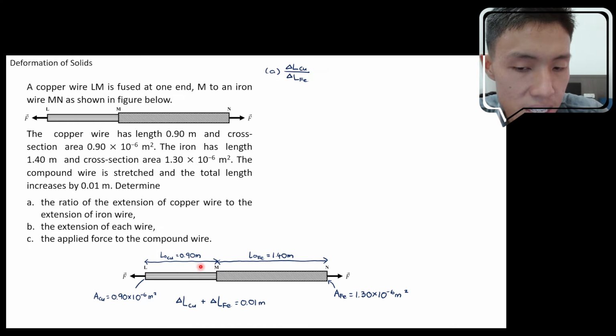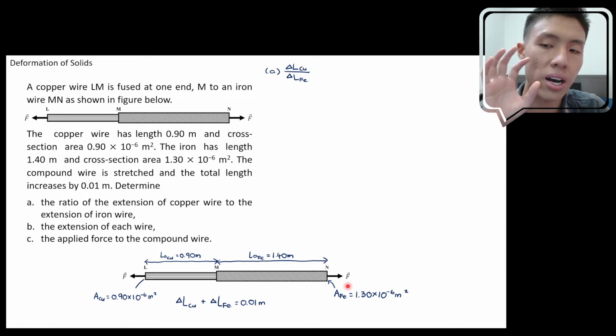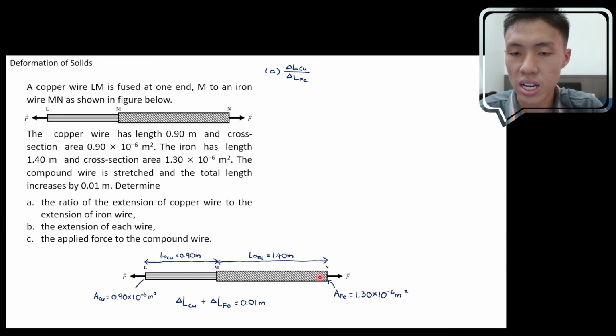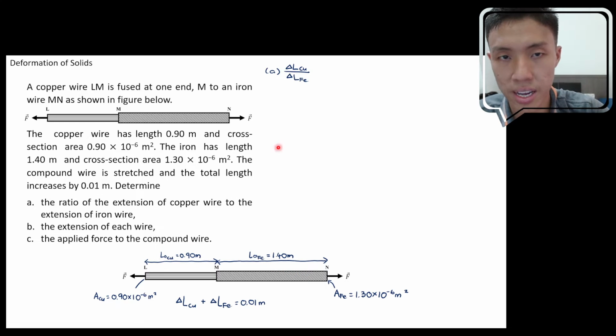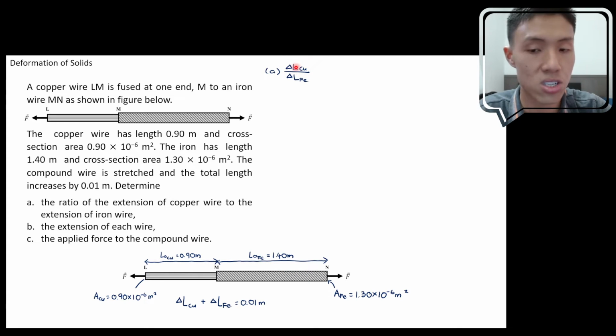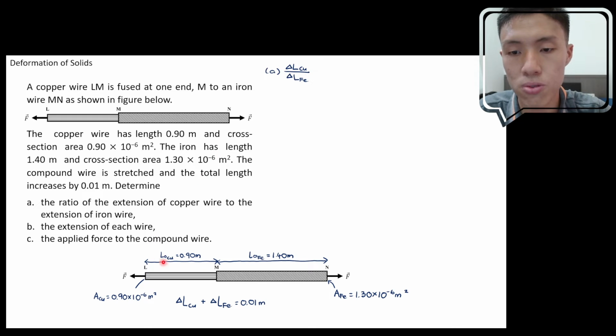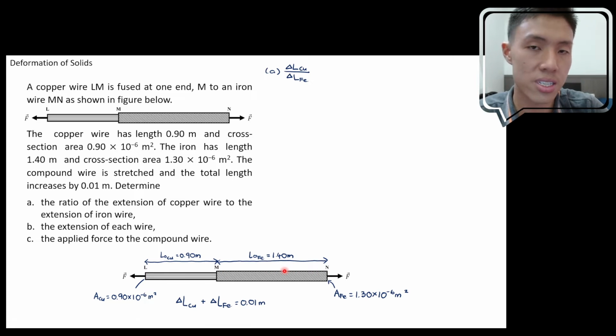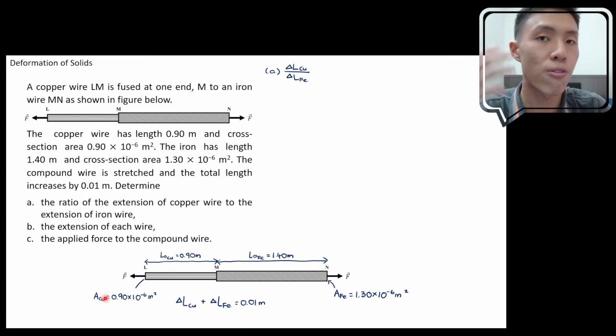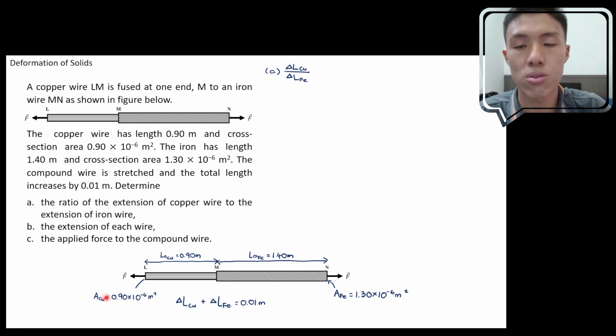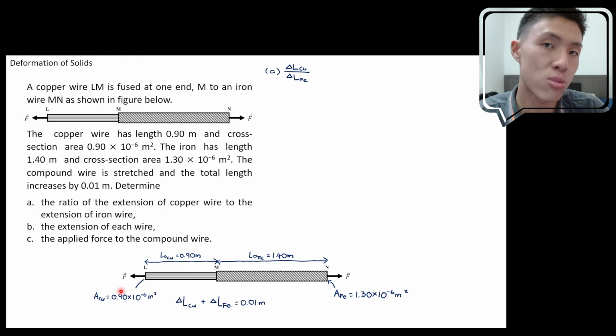From this information, I think you are able to see that actually the Young's modulus equation will be relevant, because you have the original length and they're asking for extension, that's the strain already, right? Delta L and L together form the equation for strain, and you have your area over here, and the force experienced by these two wires is the same. So the force and the cross-sectional area form the stress. Then you know that stress and strain together are related by Young's modulus,